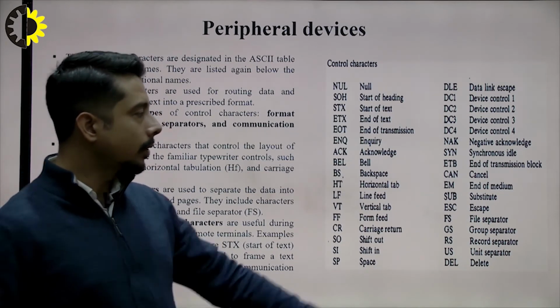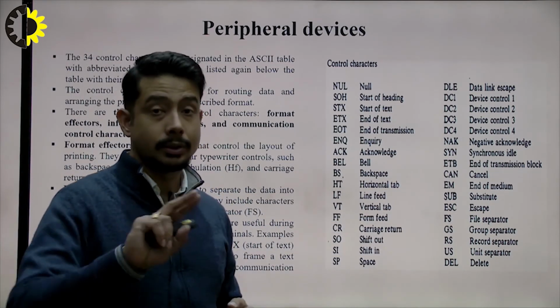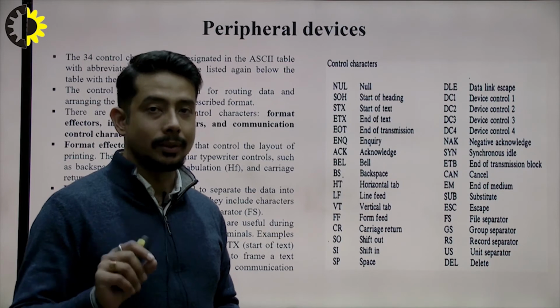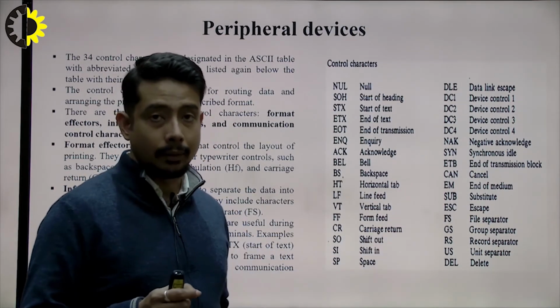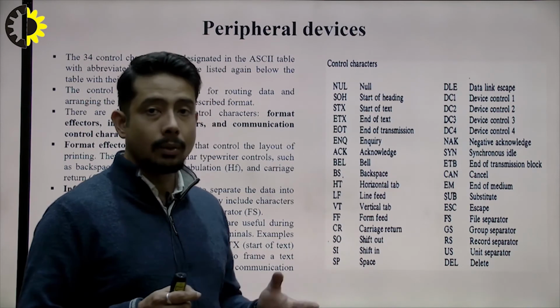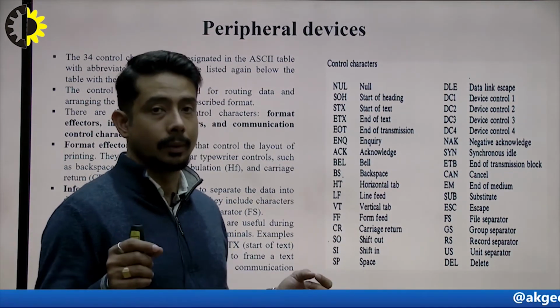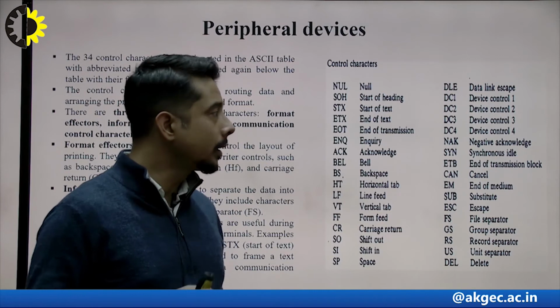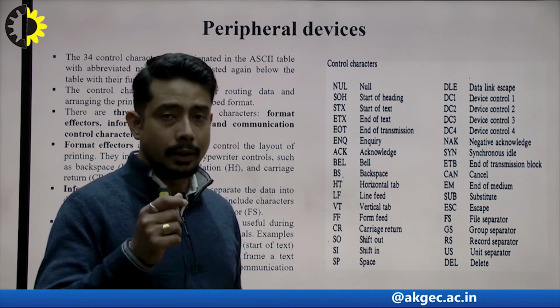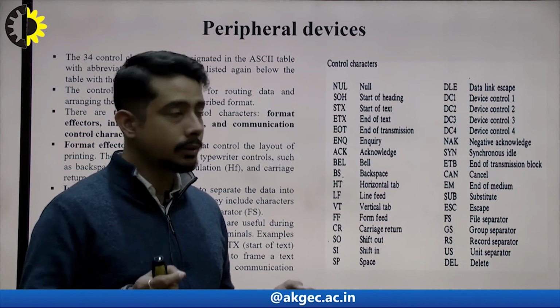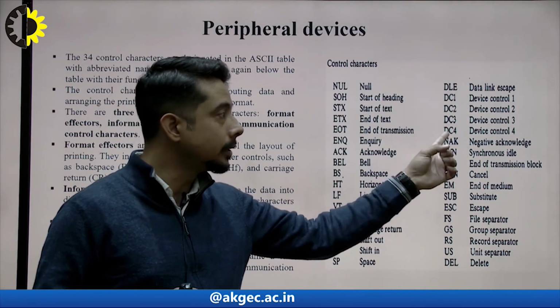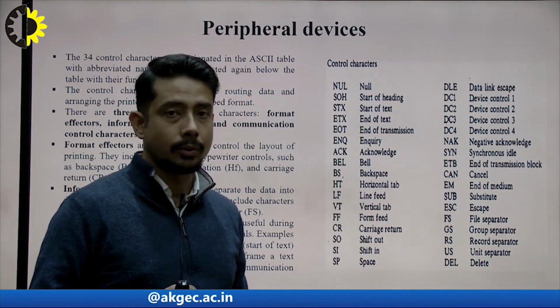Like if you talk about SUB, substitute, this is not subtract, okay, it's substitute. SUB is also used in assembly level language programs, but here in ASCII code, SUB stands for substitute. Okay, now there are a few device controls also. If you talk about input and output devices, device controls comprise DC1 to DC4. Okay, the 4 device controls are being used.